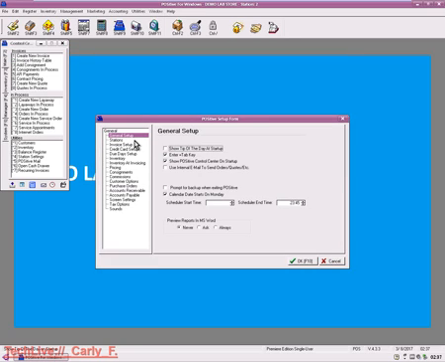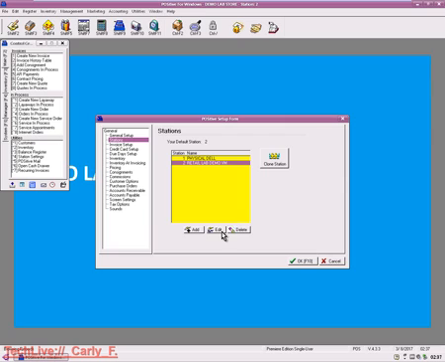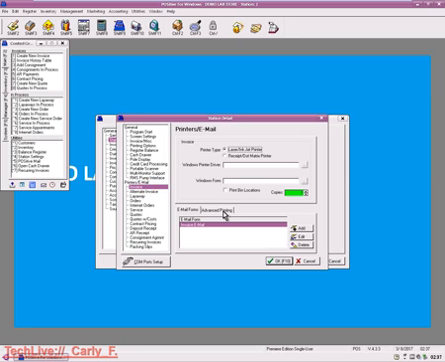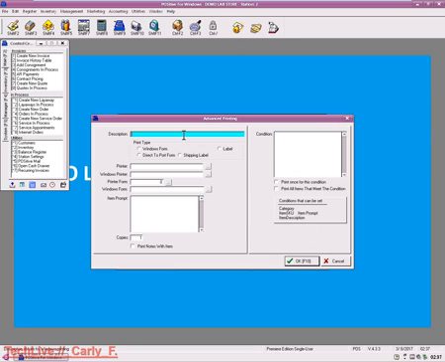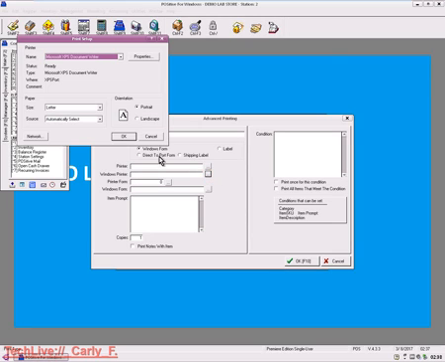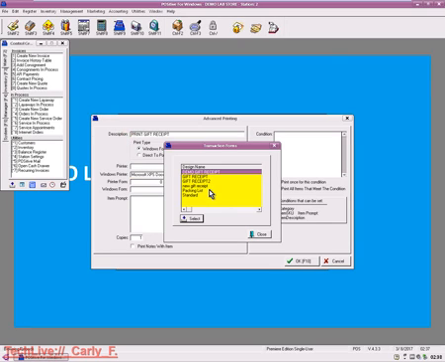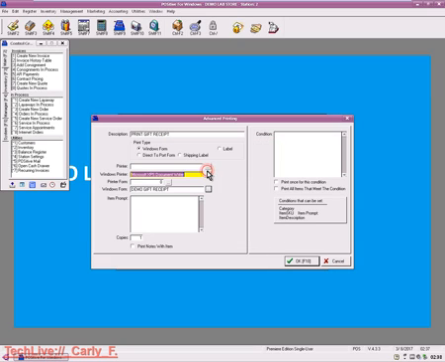Go to Stations, select the station we want this to take effect on, in this case Station 2. Go under here where it says Printing Email, go to Invoice, Advanced Printing, go to Add, Print Gift Receipt is what we're going to call it. Say it's a Windows form. Choose a Windows printer, which in this case is going to do just fine. Choose a Windows form, which in this case we want Demo Gift Receipt, the one we just made. And